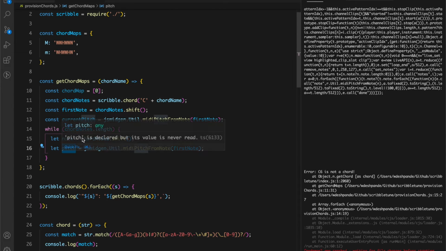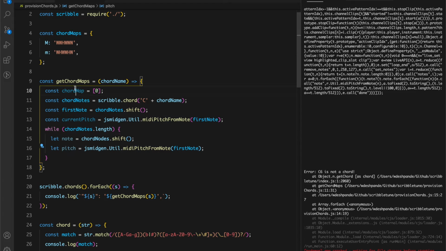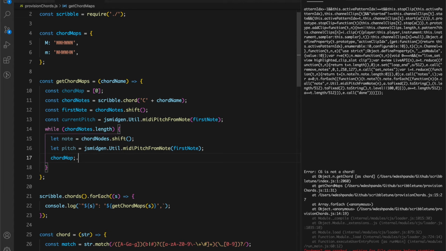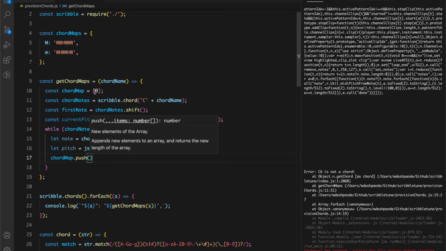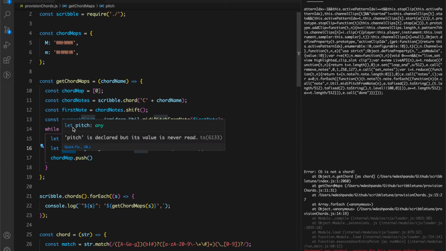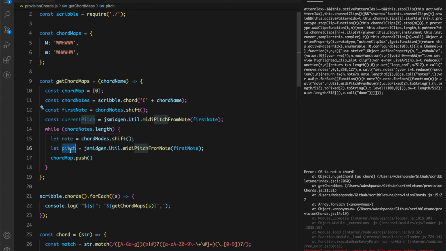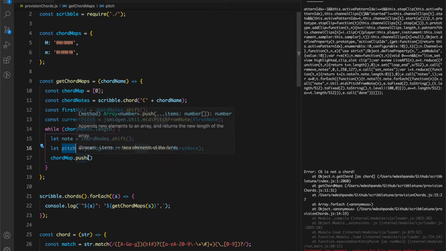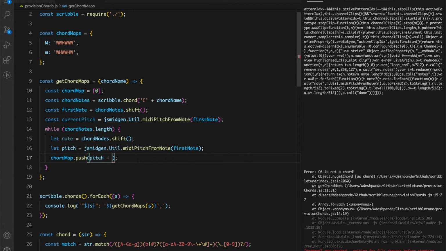This is the pitch of the incoming notes, and we are going to push them inside this chord map, dot push, and this is an array of numbers. We started with the first note, which is the 0th note. We just need the distance of this pitch from this pitch. So all we need to do is pitch minus current pitch, and I think that's it. We return this.